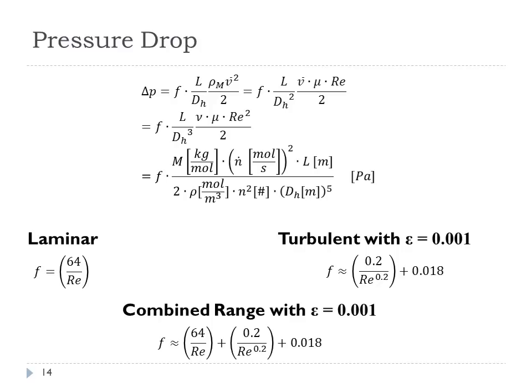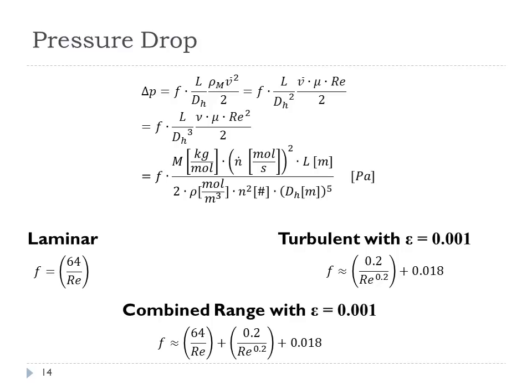Next thing I want to point out is how the friction factor is defined both in the laminar and turbulent regimes. And in the laminar regime, the friction factor looks like 64 over the Reynolds number. So if you know you're in the laminar regime, it's a really simple equation. If you know you're in the turbulent regime, like greater than 5,000, the friction factor looks like 0.2 divided by the Reynolds number to the 0.2 plus about 0.018. And that's if you have a tube whose roughness factor epsilon is equal to